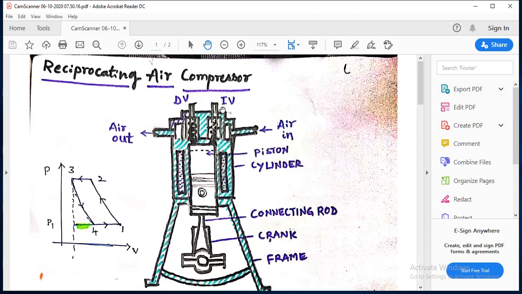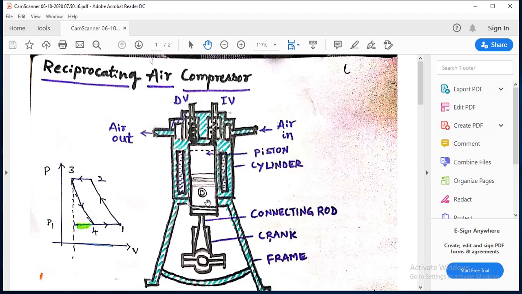It consists of two valves, inlet valve and outlet valve, which are provided in the head of the cylinder, which are of pressure differential type. It means the inlet valve and the outlet valve open and close by means of pressure difference across the valves. During the downward movement of the piston, the volume inside the cylinder increases so that the pressure decreases, which is less than the pressure outside the cylinder. Due to this pressure difference, the inlet valve opens and the fresh air enters into the cylinder at constant pressure. This process takes place at constant pressure throughout the stroke.